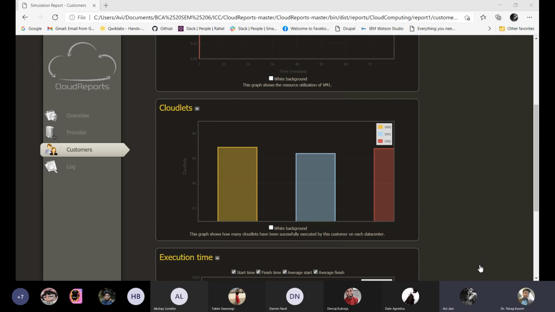Sir, one more thing. I created one environment, cloud computing, but there were 2 environments that were already created, BCA and new environment. When I ran the simulator, all three were running, but I wanted just cloud computing to run. You remove the other two and keep only one, because when you run the simulation, it will run all the environments. Okay, sir.